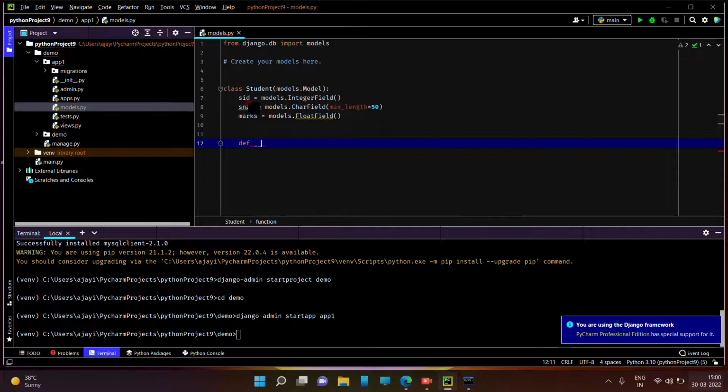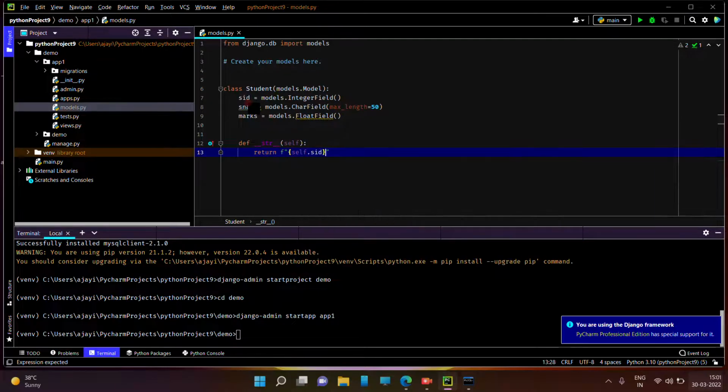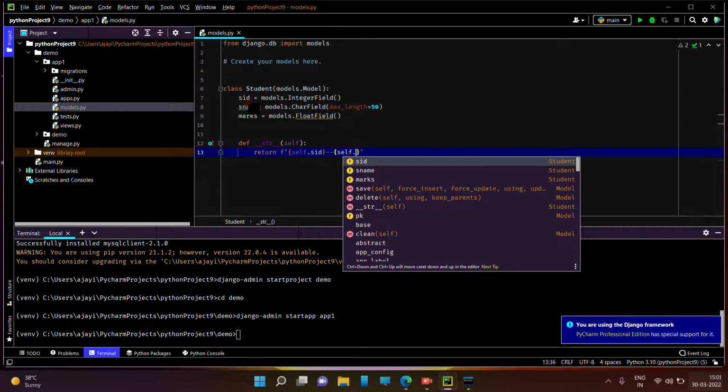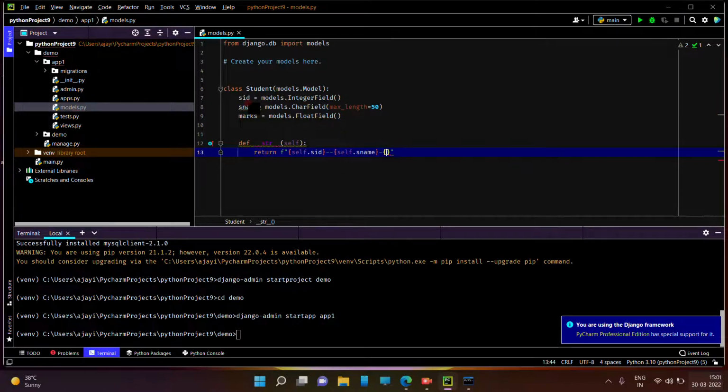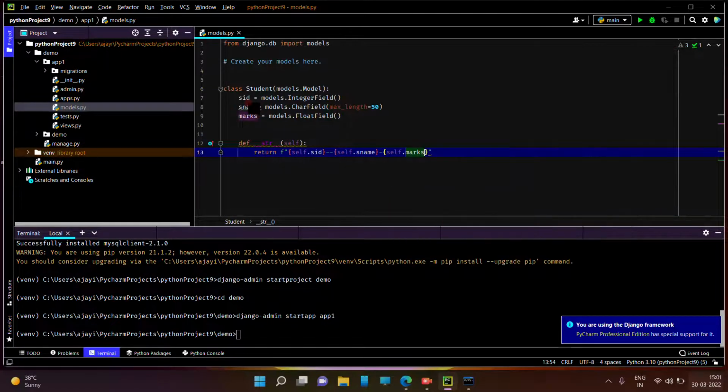Then return a string representation of our class by using an f-string: self.sid, then self.name, and the last one is self.marks, right? Then Ctrl+S. So now we have to execute two commands in the terminal. First command will be makemigrations and second command will be migrate. So just type py manage.py